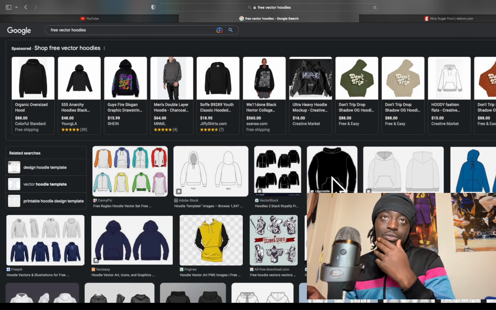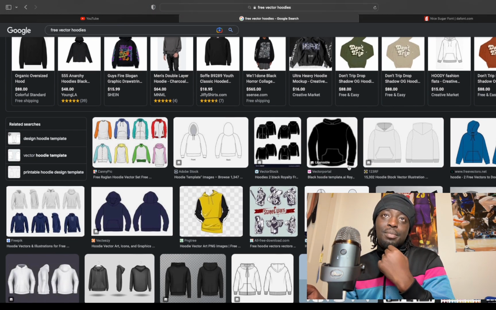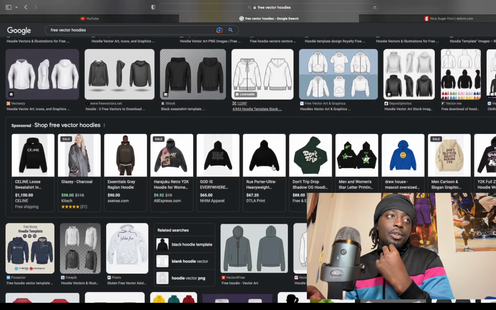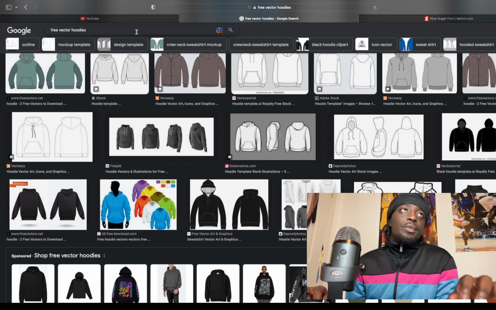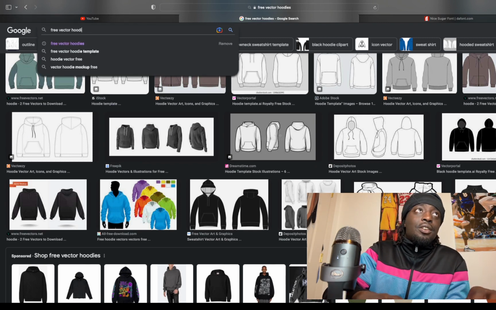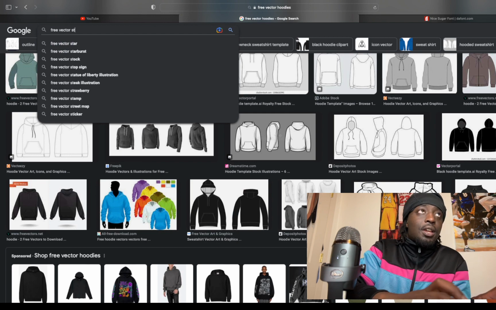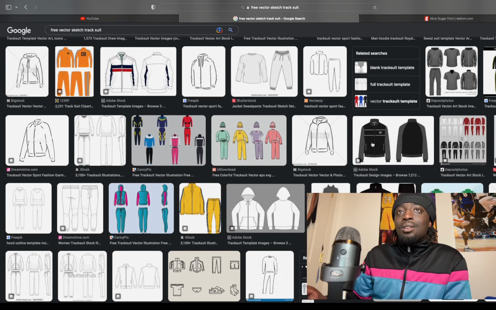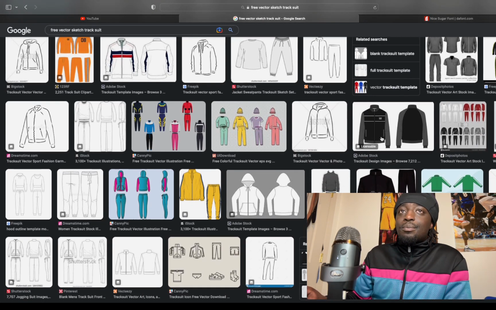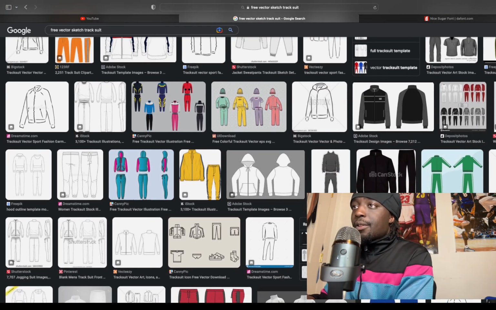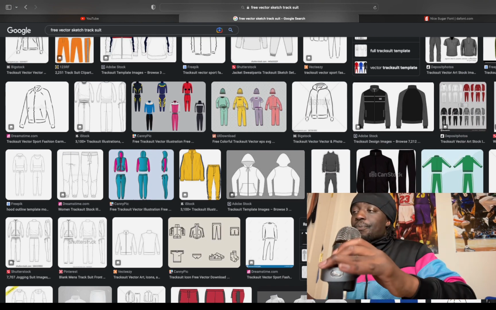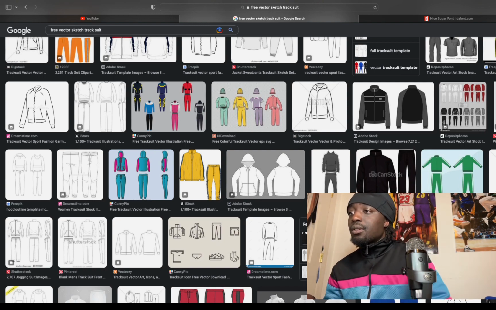This is probably a good one to use, but you gotta use one that's just black, white, and just simple lining. You know what I'm saying? Or you can look up free vector sketch. You don't get the best options, but this looks pretty solid and doesn't look too bad. But like I said, if you have the Siegs mockups,